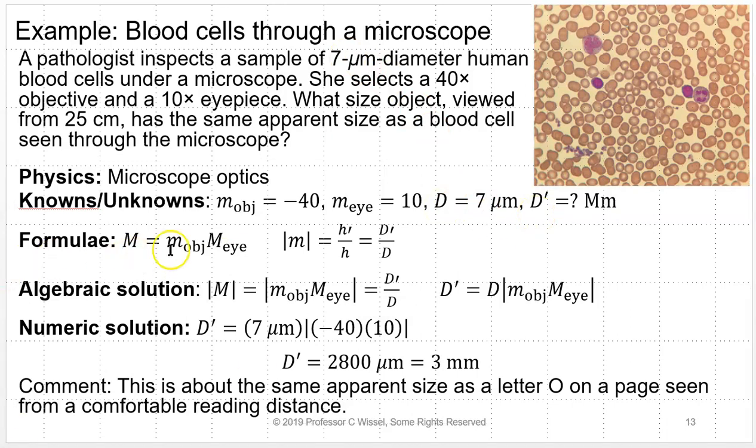The formula is M equals M objective times M eyepiece. And we also know that the absolute value of M is H prime over H or D prime over D. And we find the M is M objective times M eyepiece, and that equals D prime over D. So D prime will equal D times M objective times M eyepiece, where we ignore the signs. So then D prime is 7 microns times 40 times 10, or 2,800 microns, or about 3 millimeters. And this is about the same apparent size as the letter O on a page seen from a comfortable reading